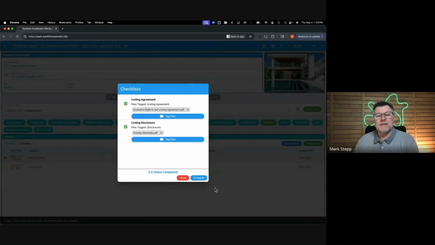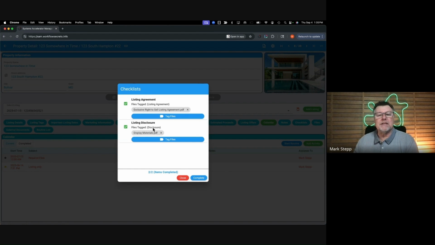But once I've done that, now I've got both of my files that I want, my listing agreement and my disclosure, and then put it in there. This is not really a disclosure file, but I'm pretending that it is. Once I've done that, then I can say complete. The activity then gets complete, but the whole goal here is to make sure that I've got the appropriate files